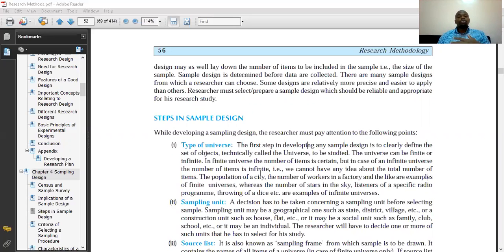You are not able to measure. So that is what is called an infinite universe. So if you are doing research on the impact of waste